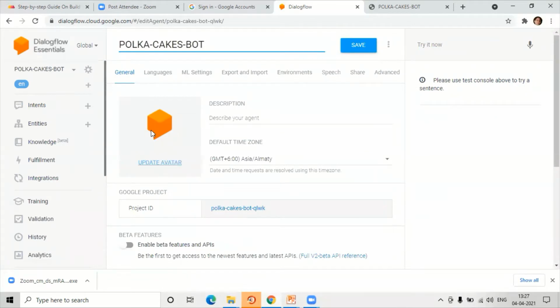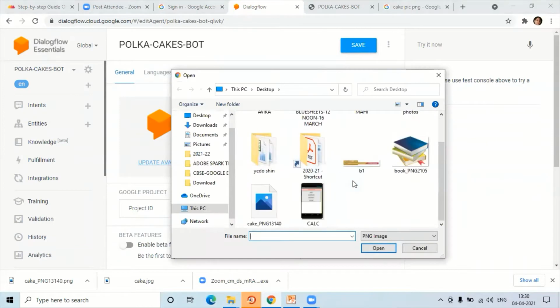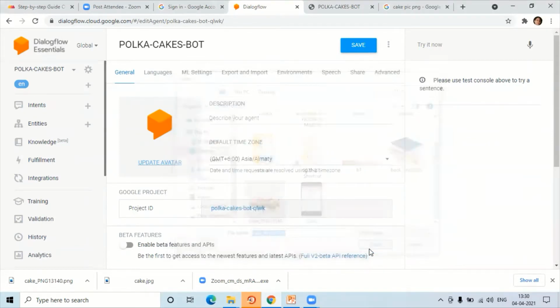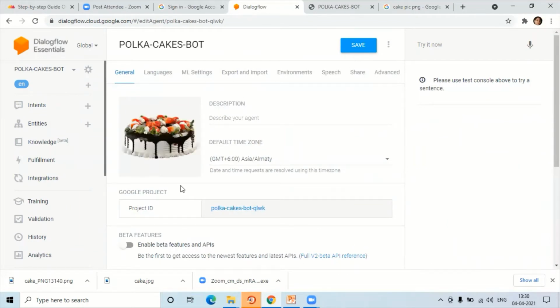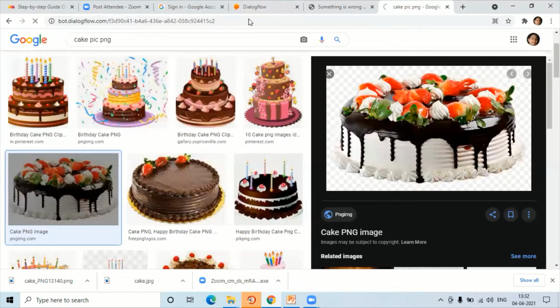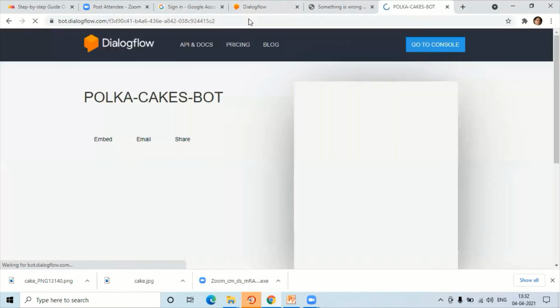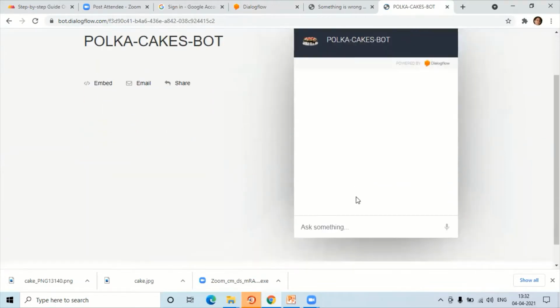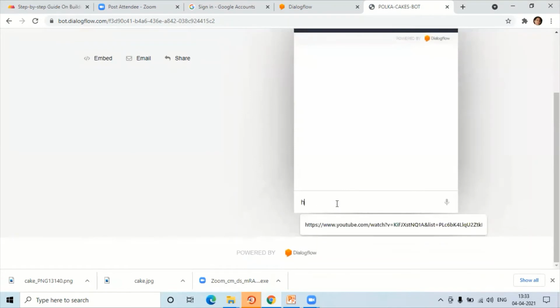This is the avatar. So update avatar, go back and take the cake picture. And it will upload it. So this is the avatar. Now we save it. So here, our avatar, which we have associated with our bot, is here, and we can test our bot.